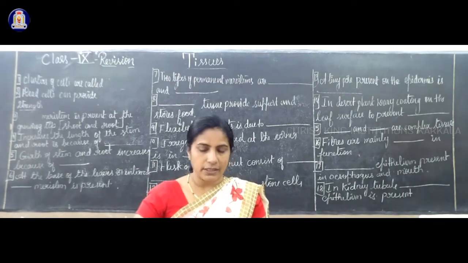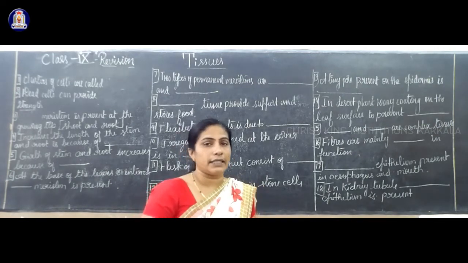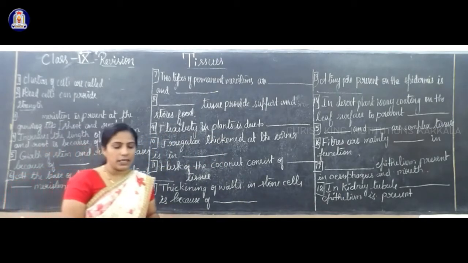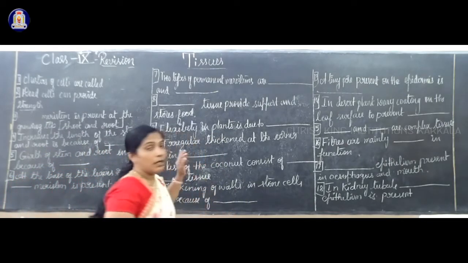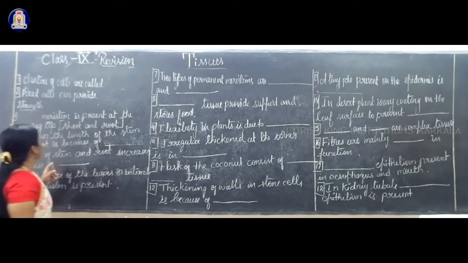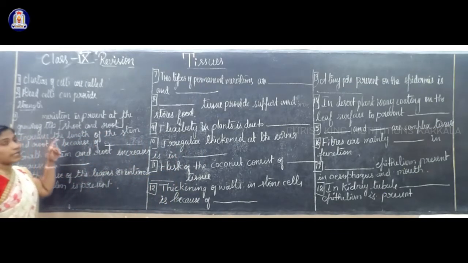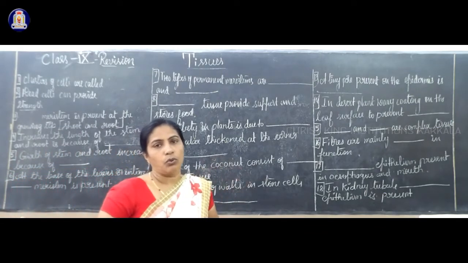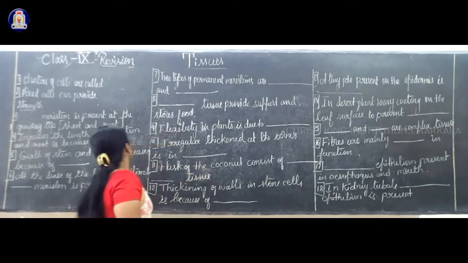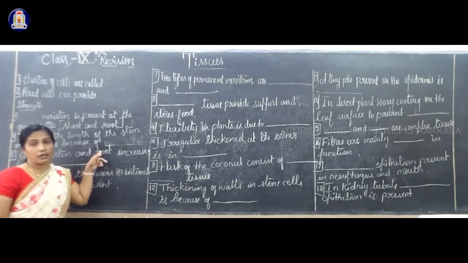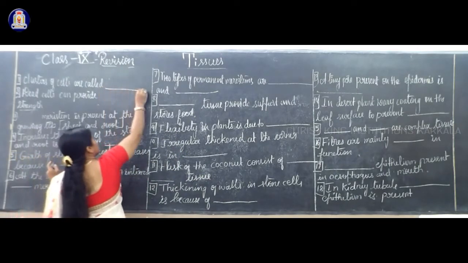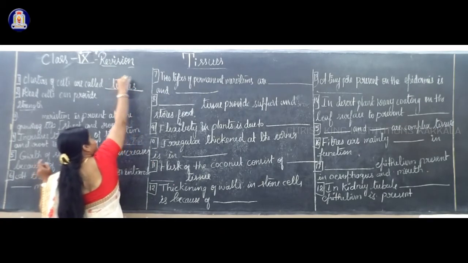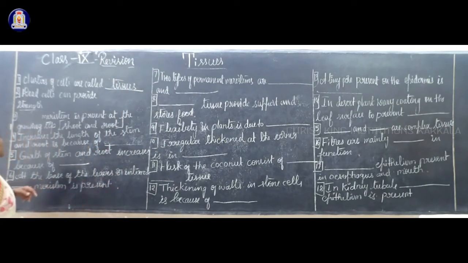Okay, now let us study 1 mark questions related to this lesson. Okay, first one. I have written already here. Just write the answers for the fill in the blanks questions. The first one, clusters of cells are called. Refer to your textbook also, and some I will give as homework in direct questions. Clusters of cells are called tissues. Write down: clusters of cells are called tissues.